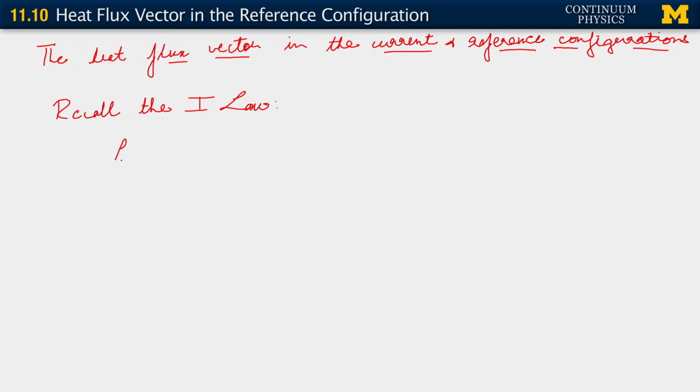We wrote it as rho 0, material time derivative of E bar with respect to T equals rho 0 times R bar, where R bar, if you recall, is the local heating, minus divergence of the heat flux vector,